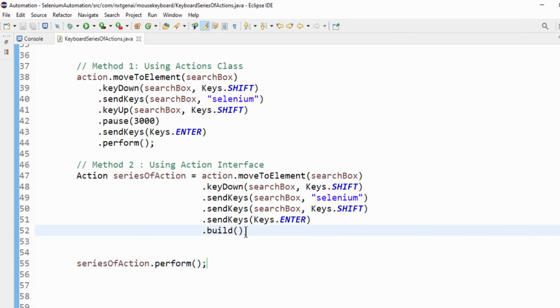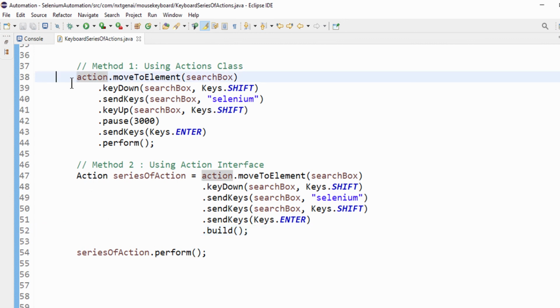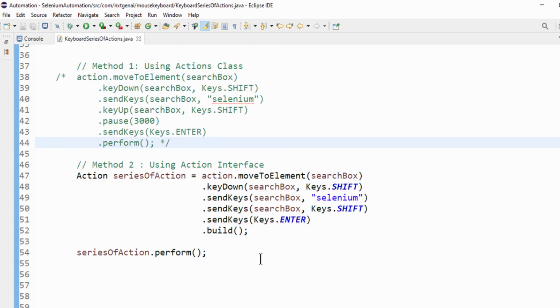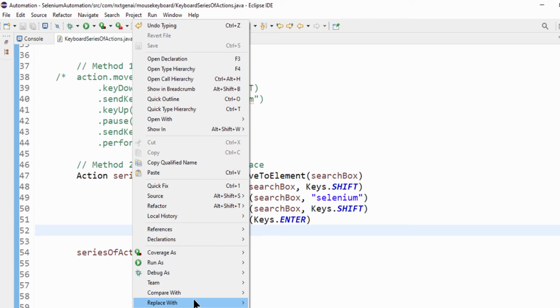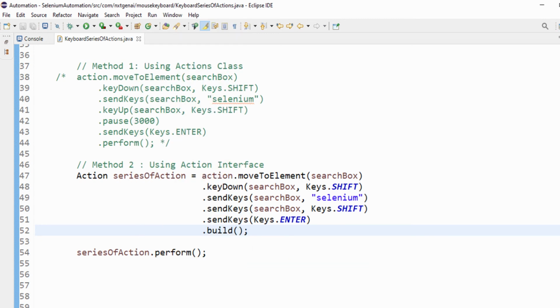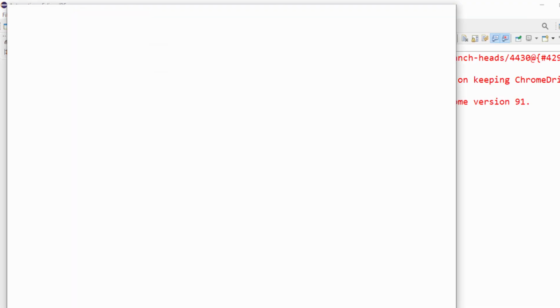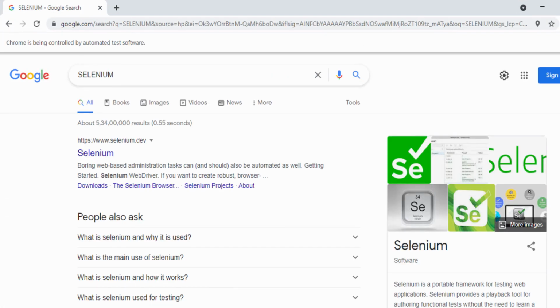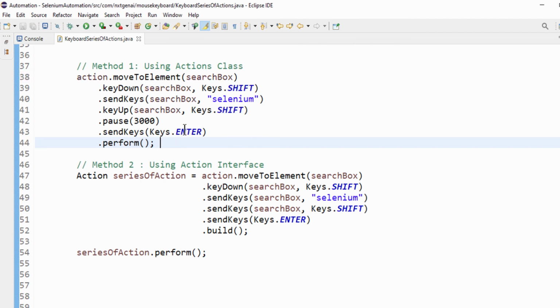Like this also we can code it. So let me comment this with a multi-line comment. Let's execute this one. The code is working perfectly. Either by using the Actions class or the Action interface, you can automate it. Anything is fine. Hope you got good clarity about this topic.